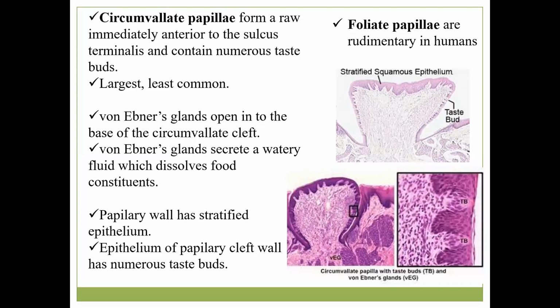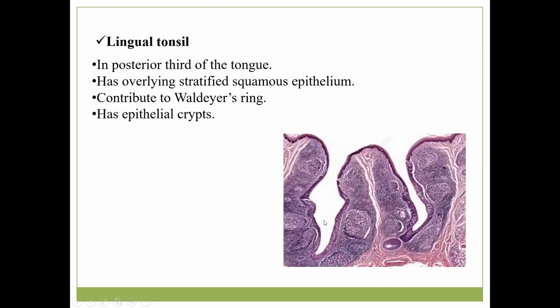So this circumvallate papillary epithelial wall has a stratified epithelium and it has numerous taste buds. So I think you can remember I have mentioned that the posterior third of the tongue is devoid of papillae, but it has an uneven surface because of the underlying lingual tonsils. So this lingual tonsil also has overlying stratified squamous epithelium